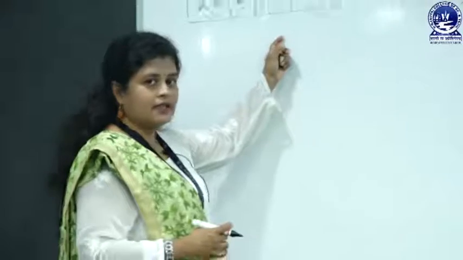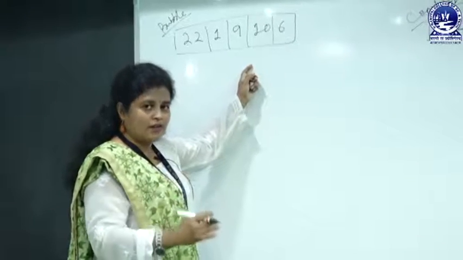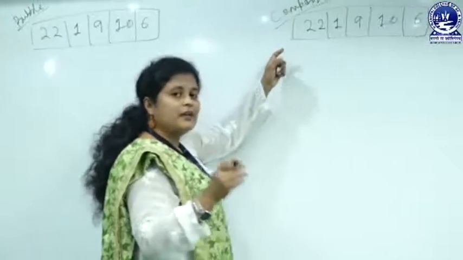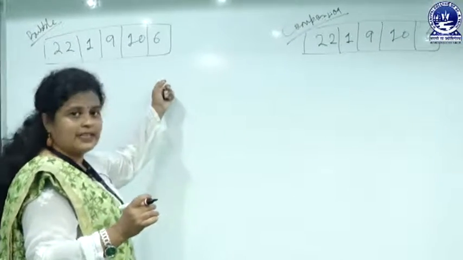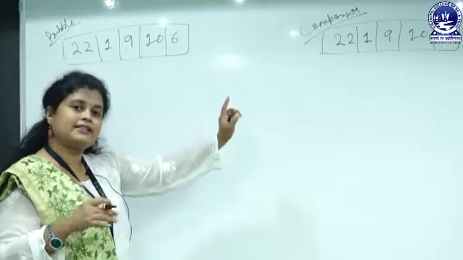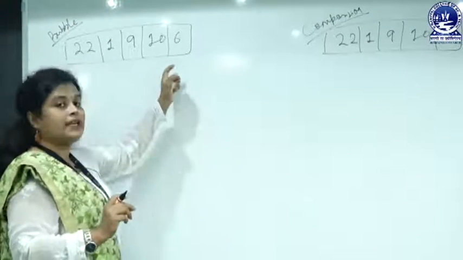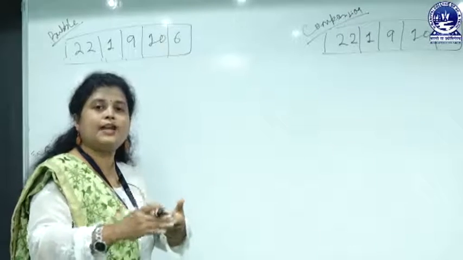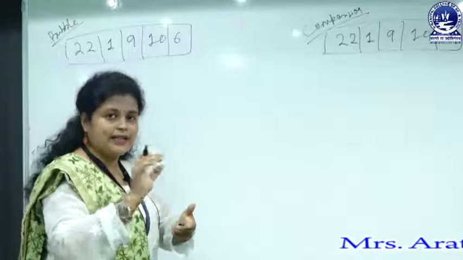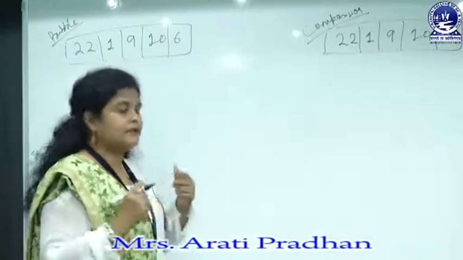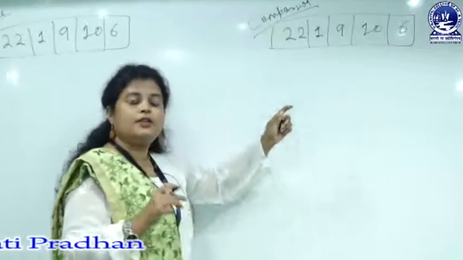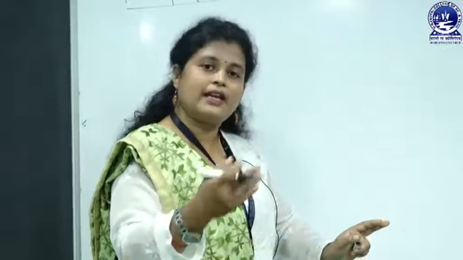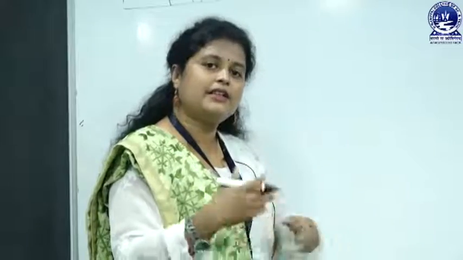In case of bubble sort, the loop will continue for one location till n minus 1, and the same is happening here. But the difference is that at each iteration of bubble sort, both will work in a nested loop, no problem. But in bubble sort, at each iteration the loop will move from the first location to n minus i, where i is the index value or loop iterator. But in comparison sort, the loop will continue each time for i equal to 0 to n minus 1, or we may say from the first location till the end.